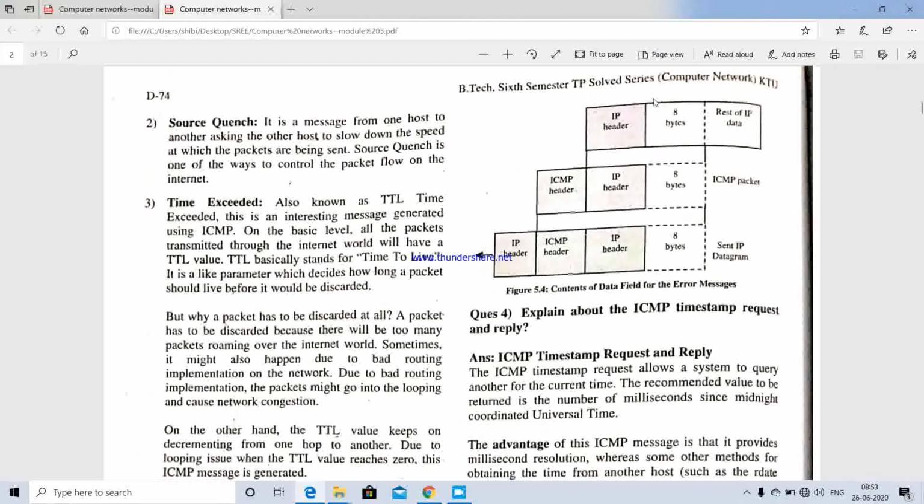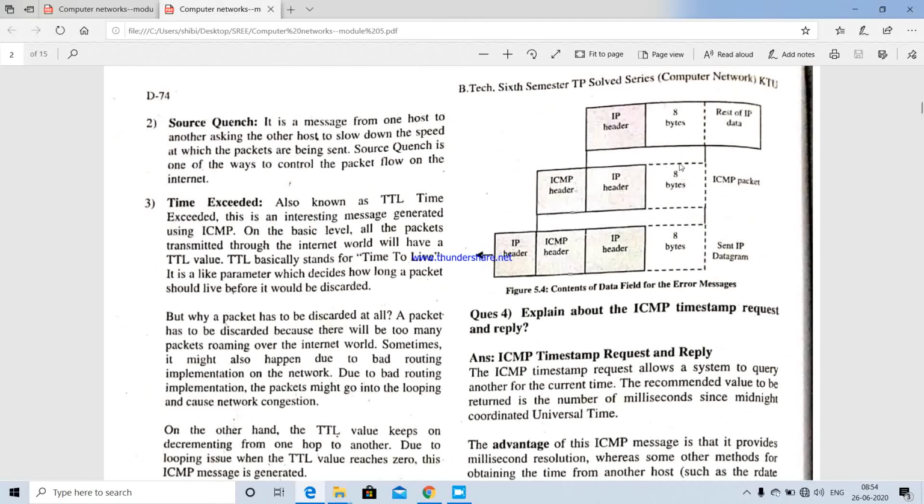So this datagram is sent from a source to a destination, and an error situation has occurred, wherein an ICMP packet has to be generated. So how will you create an ICMP packet for this IP datagram? An ICMP header will be added, then inside it the IP header will be encapsulated, and the first 8 bytes of the IP datagram will be encapsulated. These 8 bytes of data will inform the source about the packet's sequence number as well as the port